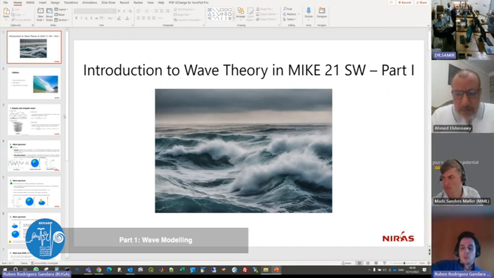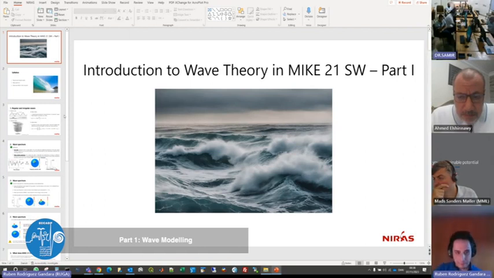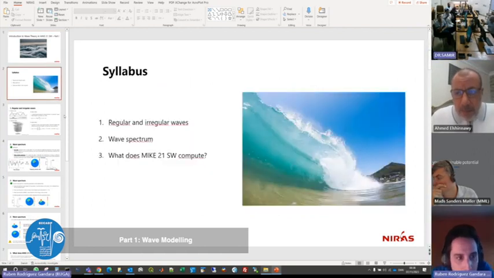And once we impose those boundary conditions, those waves along the boundary are transformed, taking into account all the physical processes that the waves undergo. And then you will get the transformed energy of those boundary waves in any location within the model domain. Good. So if we do a quick recap,